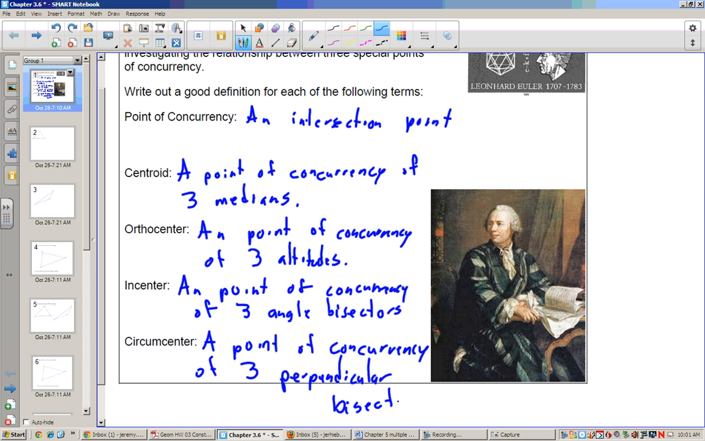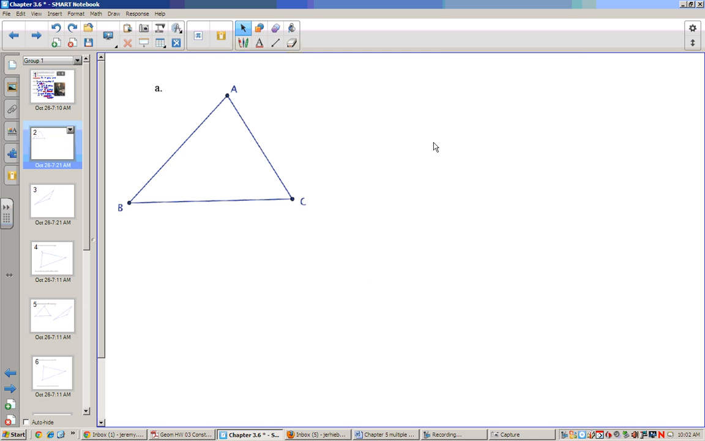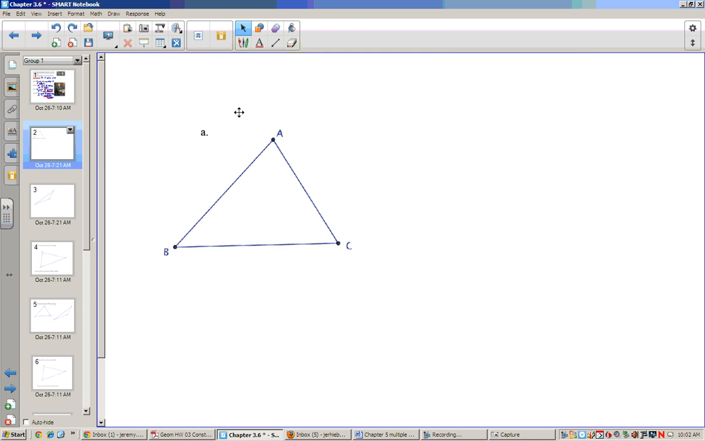So not only do you have to know what centroid, orthocenter, incenter, and circumcenter are, you also have to know what a median, altitude, angle bisector, and perpendicular bisector is. So there's 8 terms, I guess, on this page. Oh, and point of concurrency will give you 9 terms. All right, so we're going to start off on